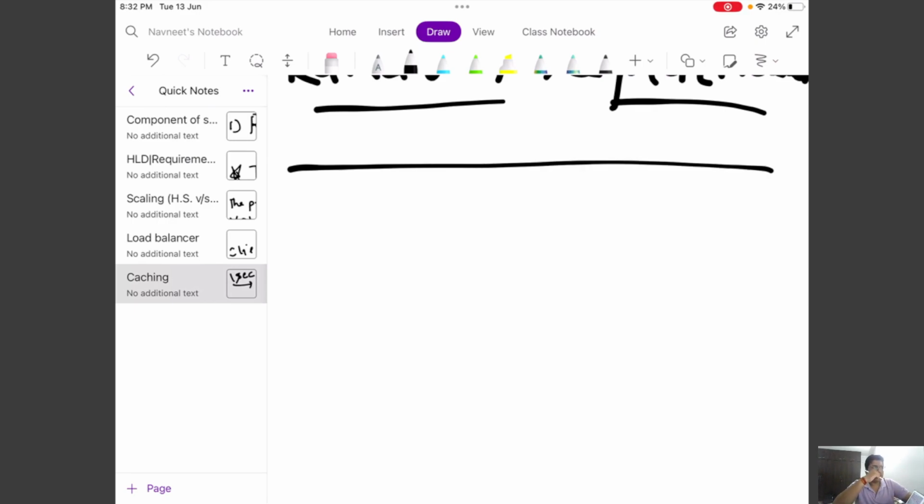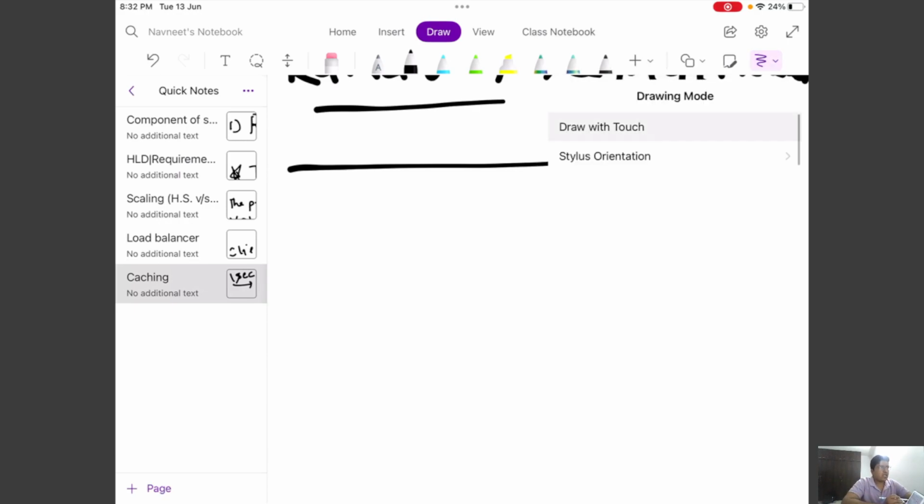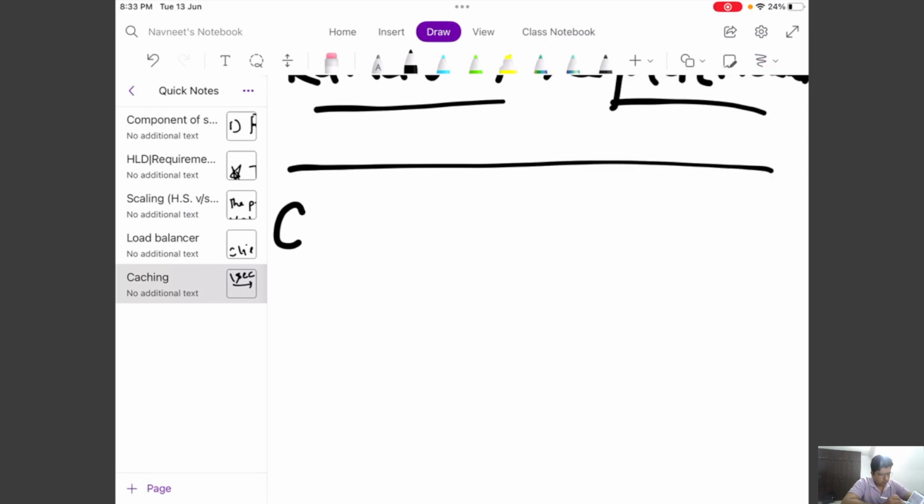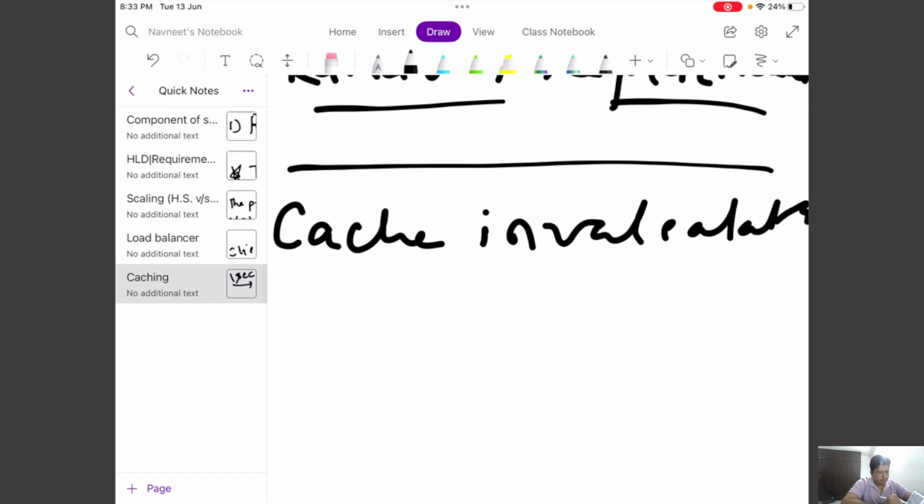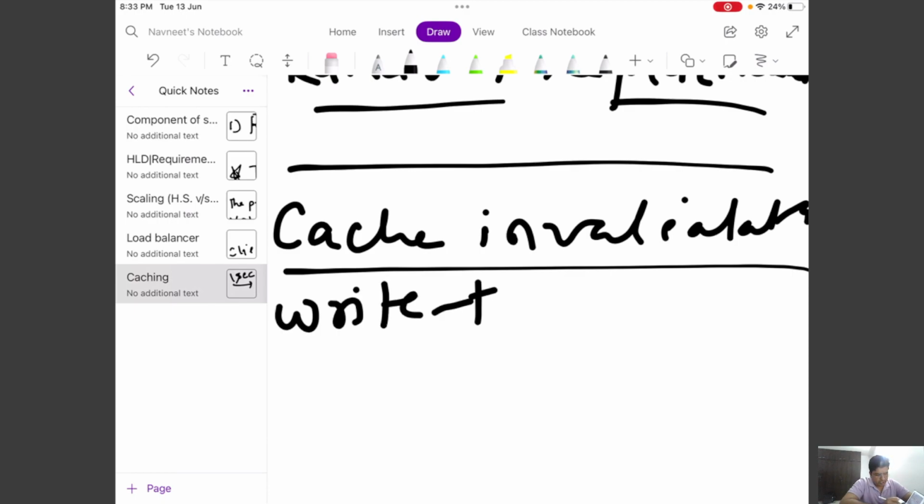Now we can think of cache invalidation. There are lots of techniques, like write through cache, write around cache, write back cache, guys. So when we talk about cache invalidation, the first is write through cache. So write through cache means